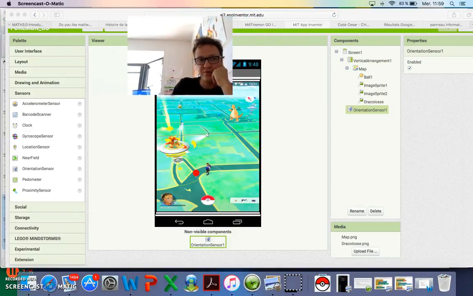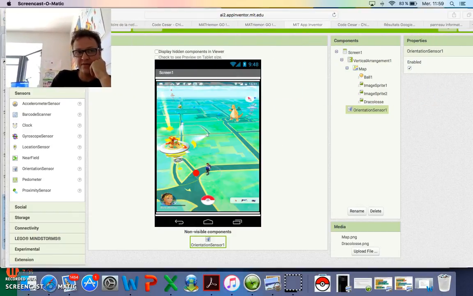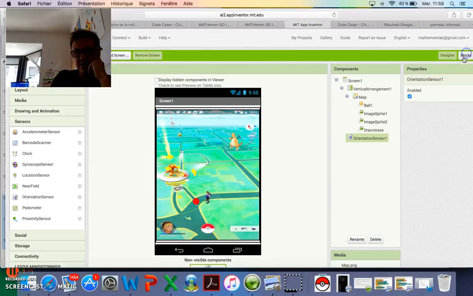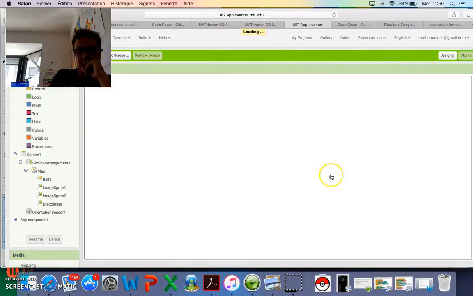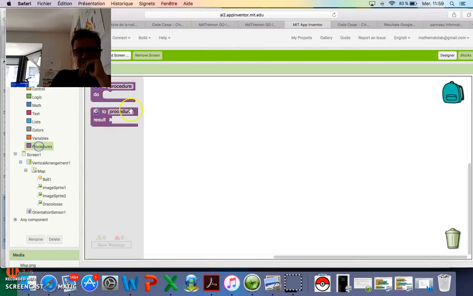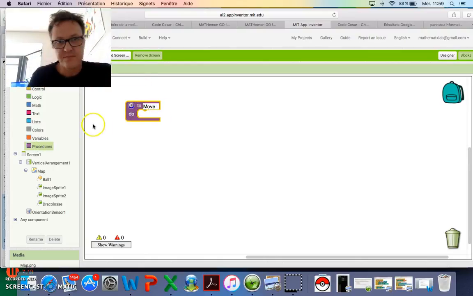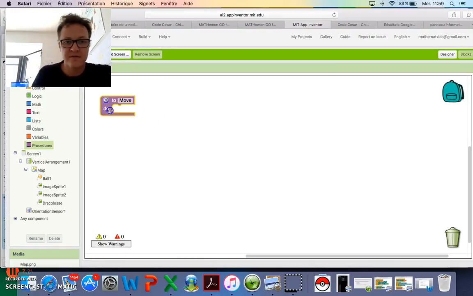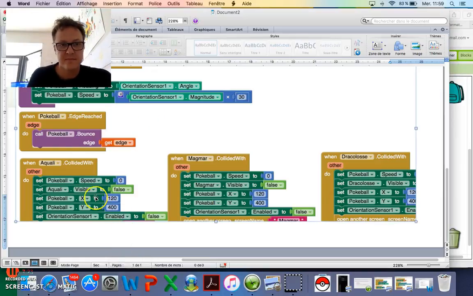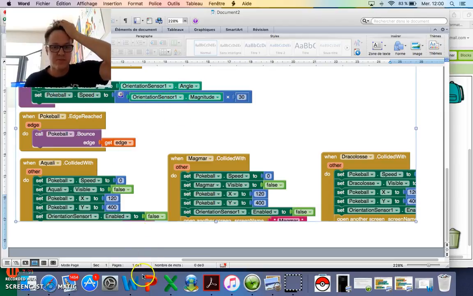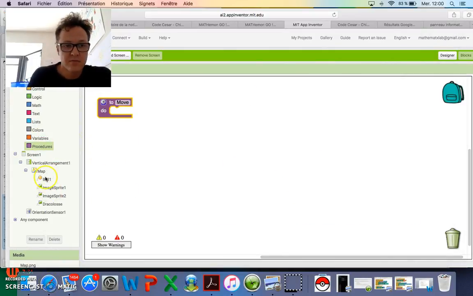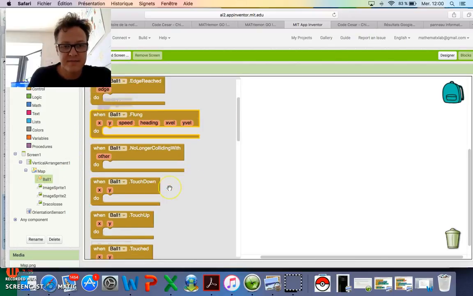So you have to go to the block editor here, and you have to write a procedure first. The procedure can be called move, and move is set Pokemon heading towards angle and set Pokemon speed to. I need to just set Pokeball heading to.